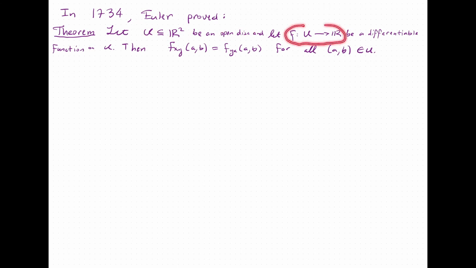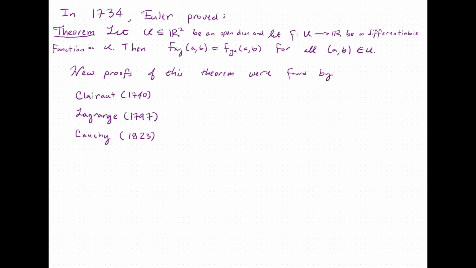a function whose domain is the set U, and whose outputs are real numbers, and that function is differentiable everywhere on U, then the partial derivative of f with respect to x and then y of (a, b) is equal to the partial derivative of f with respect to y then x of (a, b) for every single (a, b) in U. When you do calculus, you have seen this theorem, but the story is actually more interesting because this theorem is not correct. Yet,